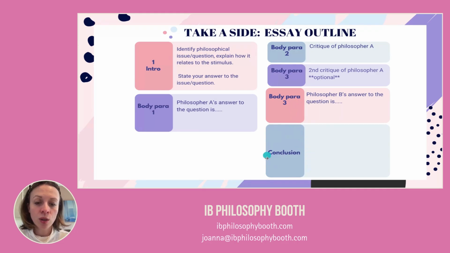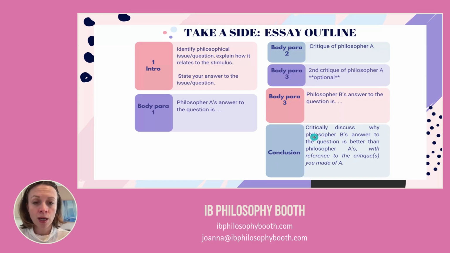And then in your conclusion, this is where you want to have most of your critical discussion. You want this to be quite long, so not just a summary conclusion. You want to be giving argument in your conclusion. And what you want to be arguing is why philosopher B's answer to the question is better than philosopher A's answer. So you want to be giving your view and your arguments. You need to give reasons to back up what you're saying. Why is philosopher B better than philosopher A? And if you can,